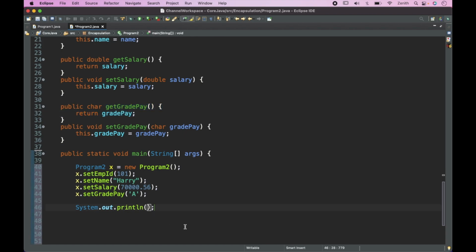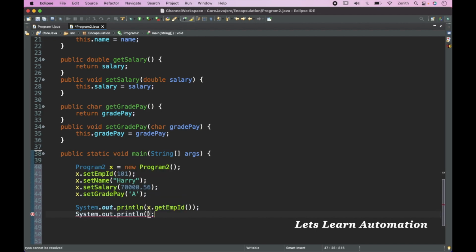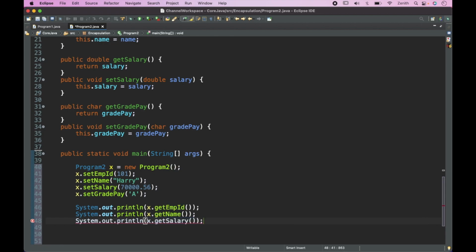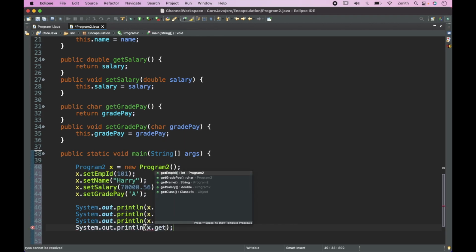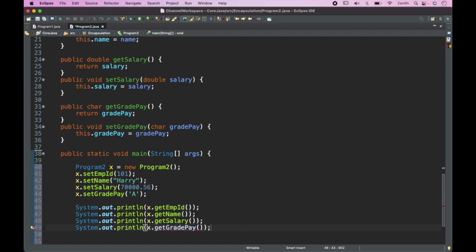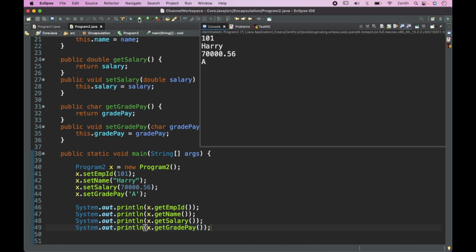So here I will call x dot get employee id, then x dot get name, then x dot get salary, then x dot get grade pay. So in this way, if I try to execute this, I will get 101 Harry, but